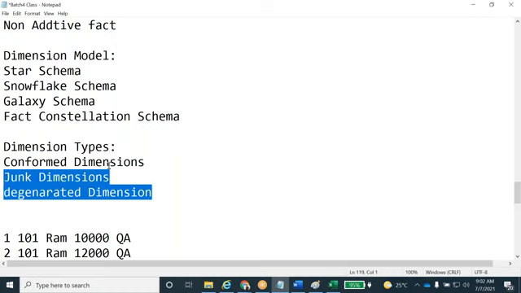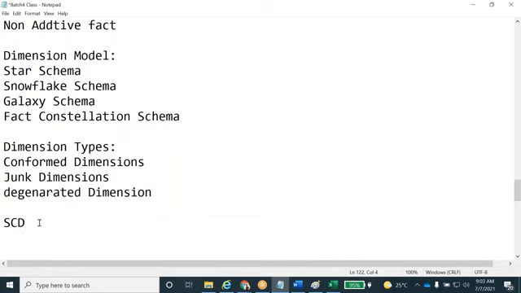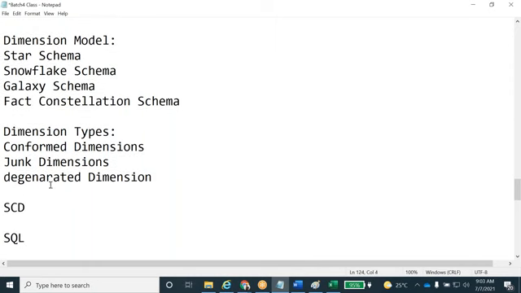Okay, guys, any doubts up to now? Tomorrow we are going to discuss the important topic, SCDs, slowly changing dimensions. If there are any other topics, we will discuss them tomorrow. And mostly the day after tomorrow, we are going to start SQL also. Up to now, these are the testing concepts that are required. Yeah, guys, any doubts? Okay. No, I'm good.